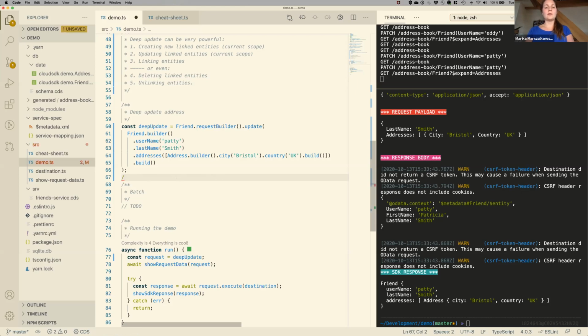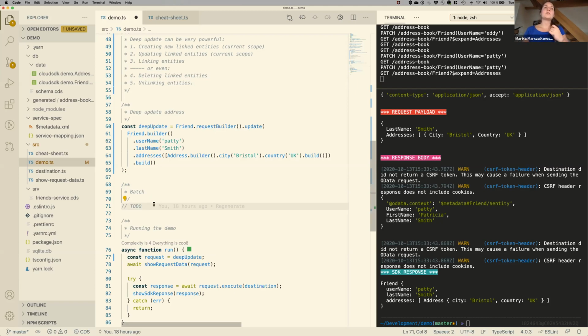You do that by going through the $batch URL. So the URL looks something like this. That would be the end of it. And this URL goes towards the service. It does not go towards one specific entity, which means you can also execute that against multiple entities of one service. So of course, everything is in one service, but when you do that, you can mix requests between different entities. You have the possibility to read data basically,